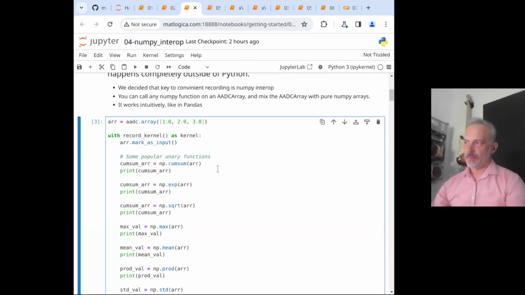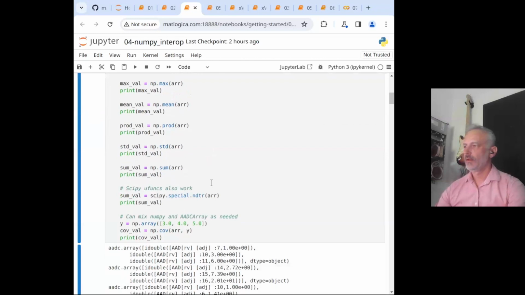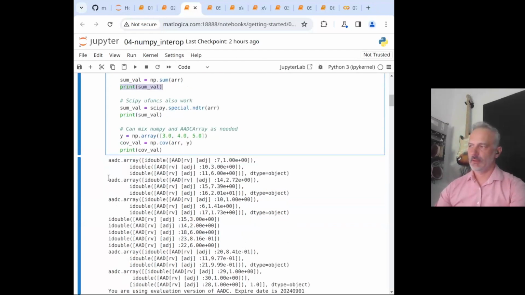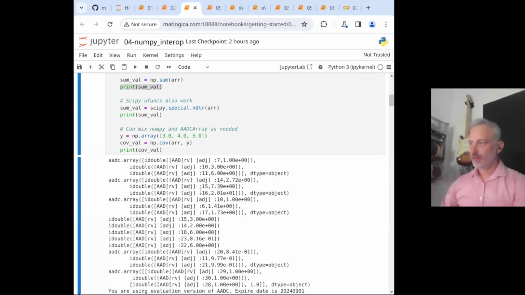So here are some examples of operations that can work out of the box with ADC. You can see some basic operations here. They work, and when you print the value of these expressions, they come to us as ADC arrays full of idouble objects.